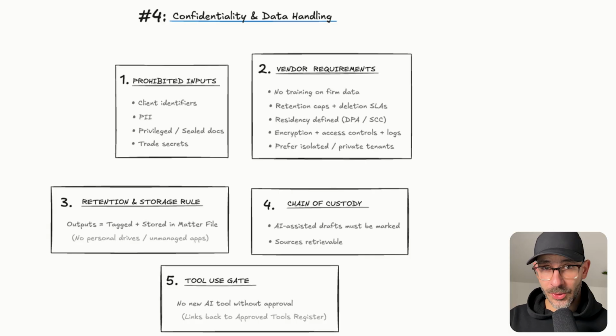Clarify that no new AI services or tools may be used without a prior approval from the IT or AI committee, so to prevent shadow AI. And approved tools must carry their usage boundaries and storage rules with them. And align your confidentiality rules with your client disclosure, which will be detailed in building block number 6, including any core disclosure requirements. Bottom line here is that confidentiality isn't a banner headline. It's explicit categories, contracts, retention, location, and logs, all enforceable.